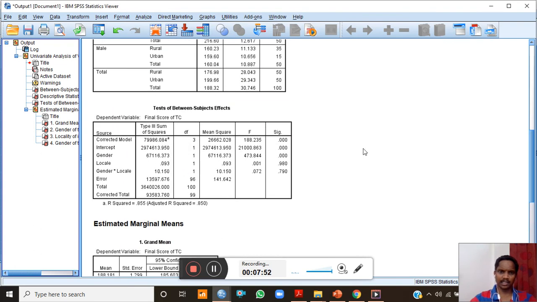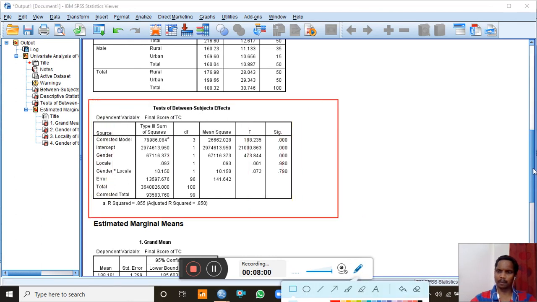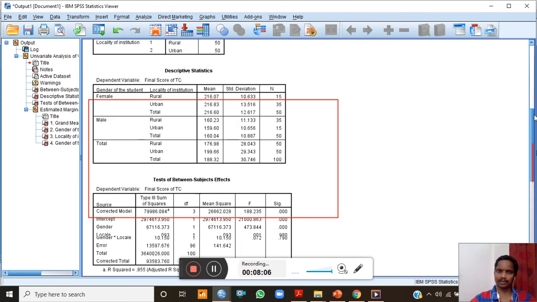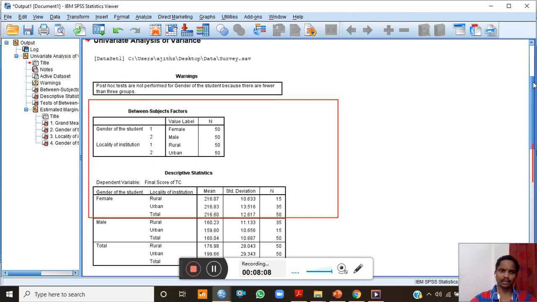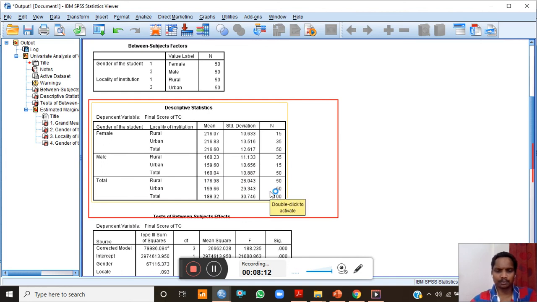You may take this table, then maybe the other one also you can use. The mean table, yes, this also if you want you can use.